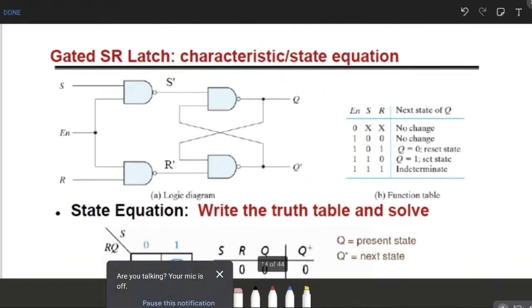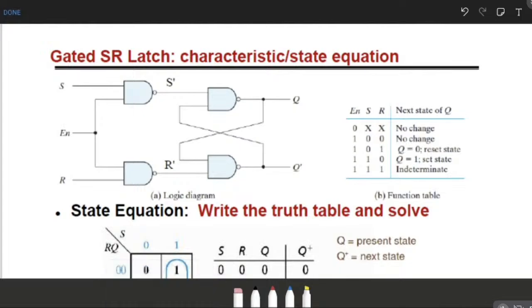I guess the function table is called the characteristic table. There are two different tables. So this talks about how the latch behaves. Essentially, for a given input, what will happen to the